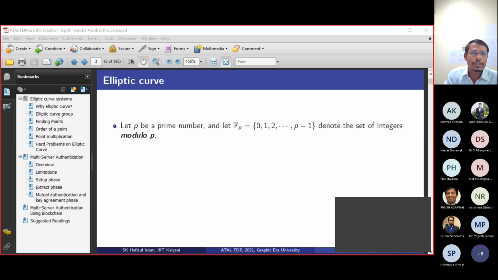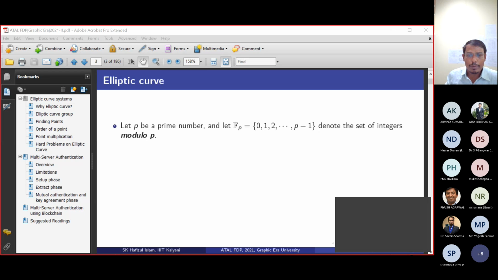Similarly, the inverse of 2 is 3. What about the inverse of 4? It is self-invertible because 4 times 4 mod 5 is congruent to 1. And 1 is also self-invertible. So that is why all the elements have a multiplicative inverse. This is the way we can compute this multiplicative group.